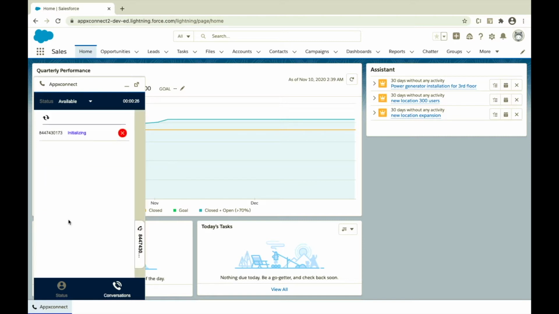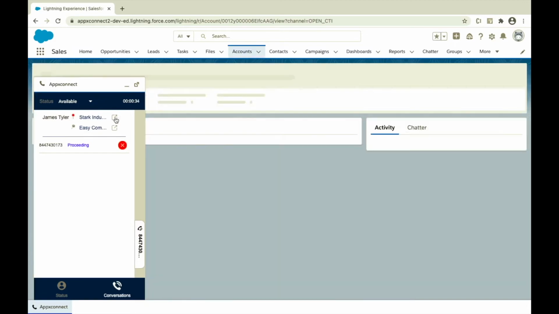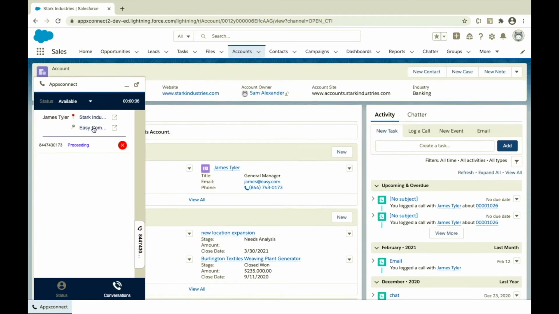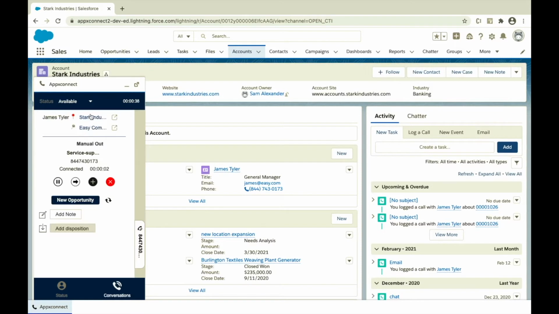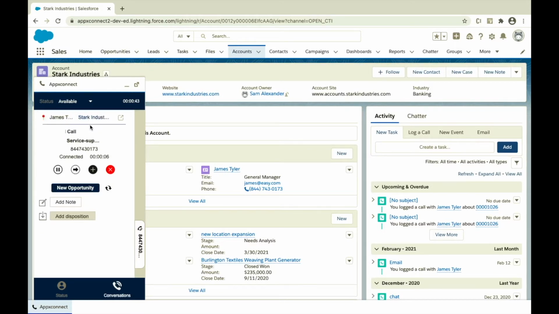A new tab shows the current call with primary entity contact and the related entity account data. Choose the right customer record and click on the Expand View icon. This helps to open the customer's profile. Pin the interaction to the corresponding customer record.